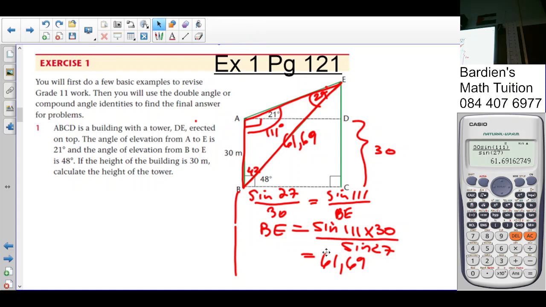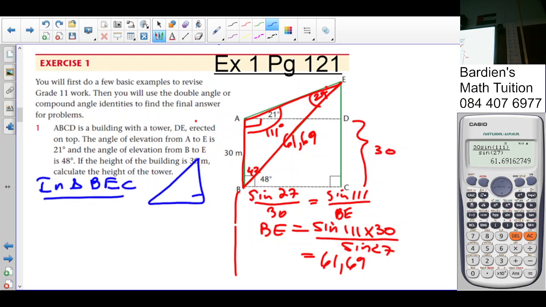So now we can work in the other triangle. In triangle BEC, what we have is a triangle looking like this. There is 90. We got 48 here. We got C, E, and B. We got 61,69, which we just calculated now. So which trigonometry are you going to use, opposite and hypotenuse? Sine. So you go sine of 48 equals EC